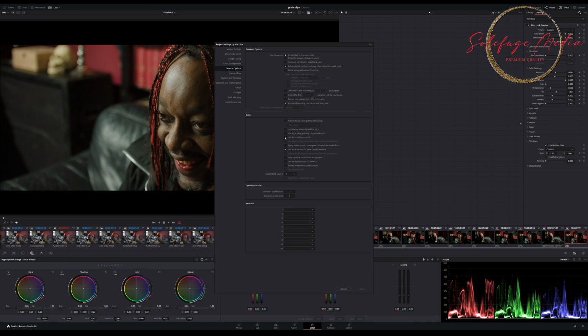General options, and check use S-curve for contrast. Now you use this because it helps the highlights roll off much smoother, not harsh, not sharp like a razor, cut you, make you bleed. And the shadows coalesce instead of crushing you